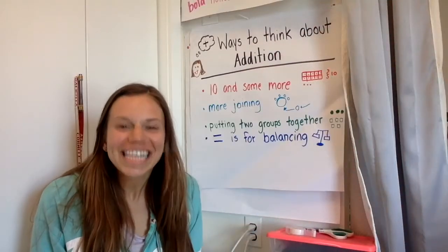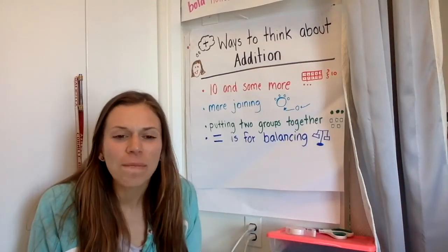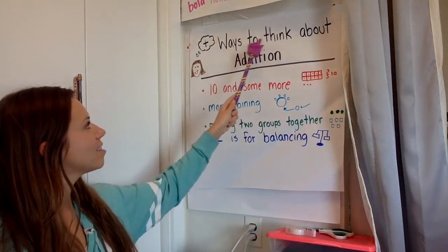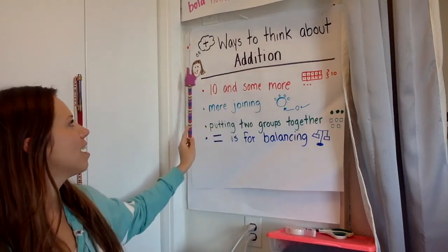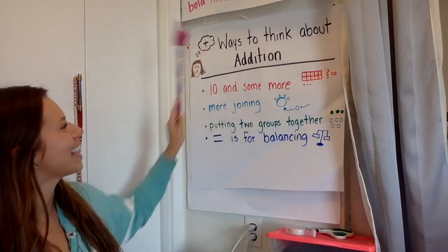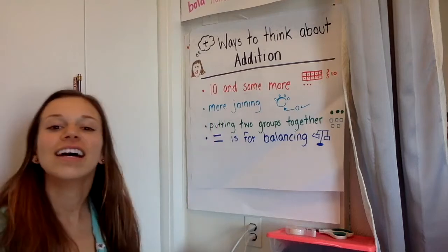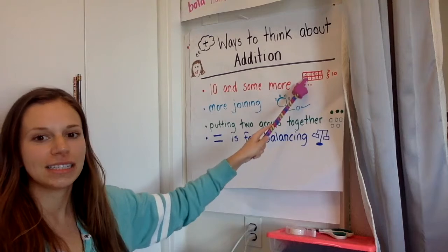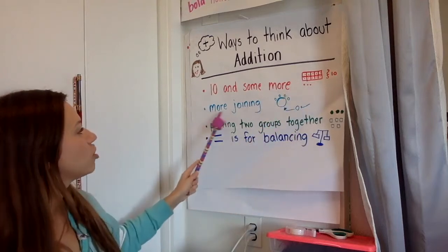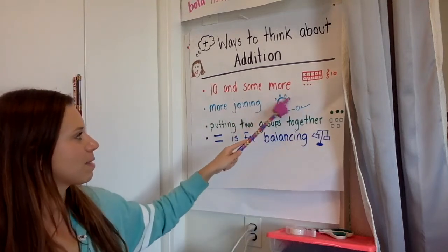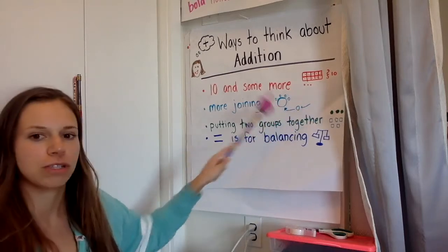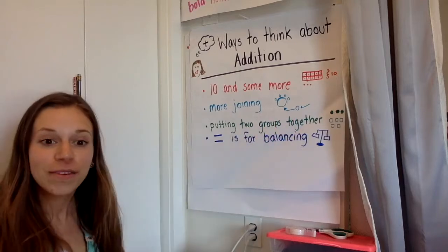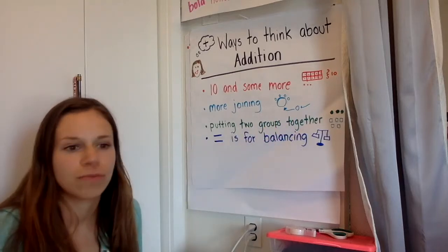There, mathematicians. So we've been thinking a lot about ways to think about addition. And I have our poster here, ways to think about addition. And here's this girl thinking about addition with the plus sign. We thought about it as 10 and some more, thinking about our teen numbers. We thought about it as more joining, like some kids are sitting at a table and one more comes over. We thought about it as putting two groups together, like when we had red apples and green apples and put